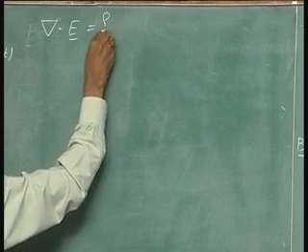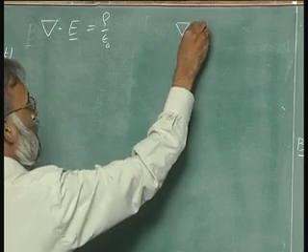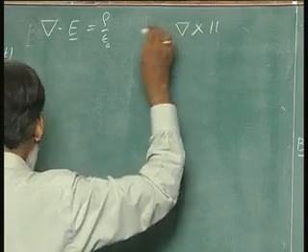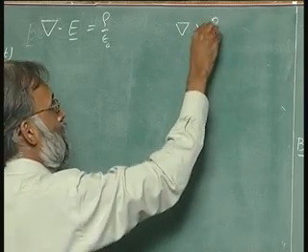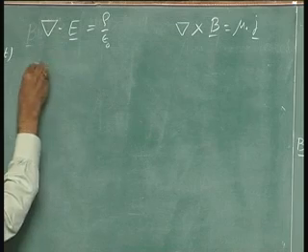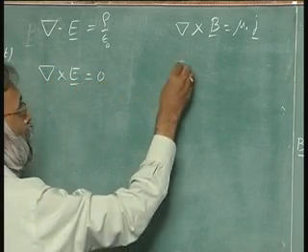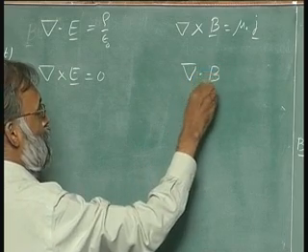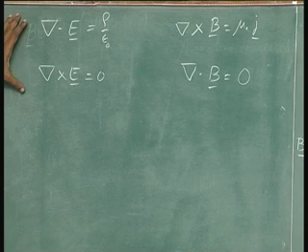Divergence of E is equal to rho over epsilon naught, curl of H or curl of B equals mu naught J, curl of E is equal to 0, divergence of B is equal to 0. This is where we started,